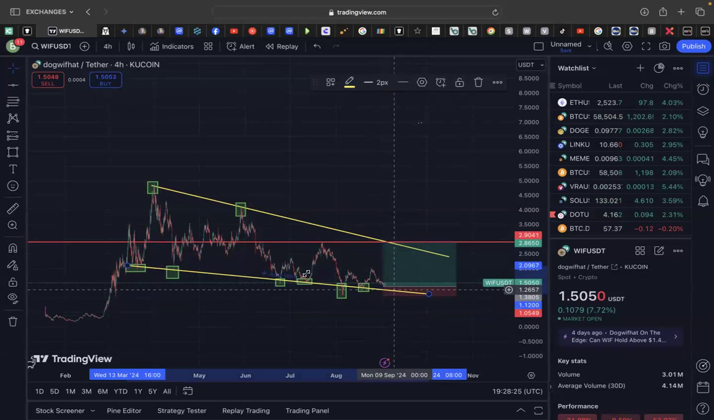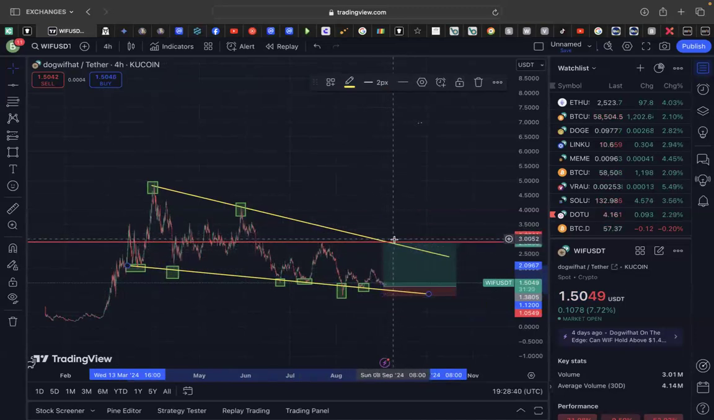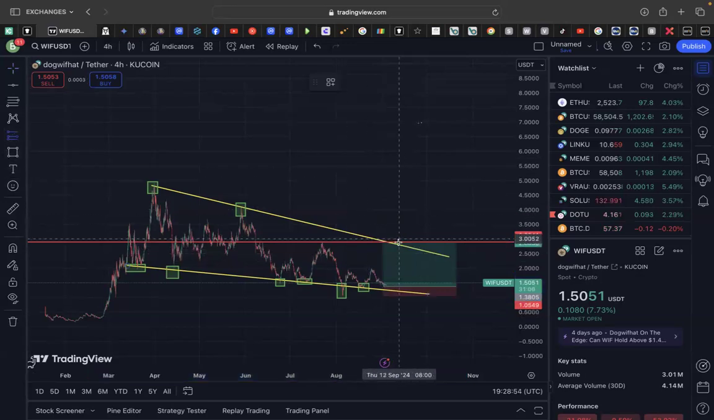But it looks like we've been holding this support. We've held it 1, 2, 3, 4, 5, 6 times. So I do believe that we will push up to this resistance once more. The touch on the resistance is at approximately $2.9 to $3. So that would be our target. Then if we were to break above that area,